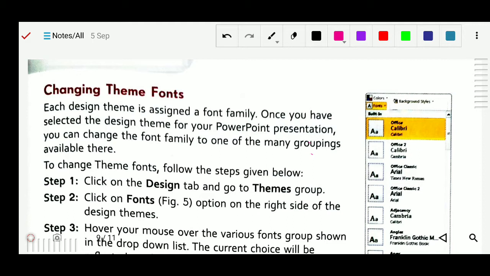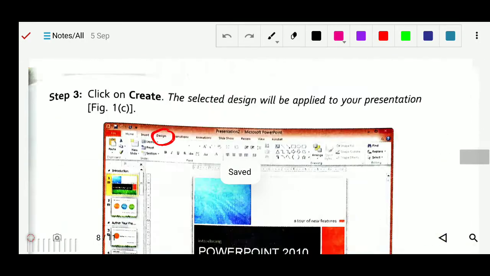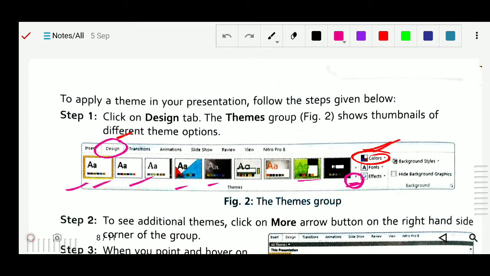Once you have selected the design theme for your PowerPoint presentation, you can change the font family to one of the many groupings available there. So how can you do this? The steps are very common. As we are doing here, we have to go to the design tab. Then here is the font, you can see the font style.